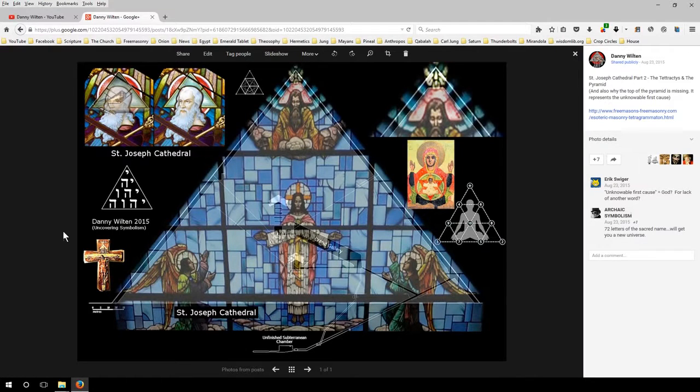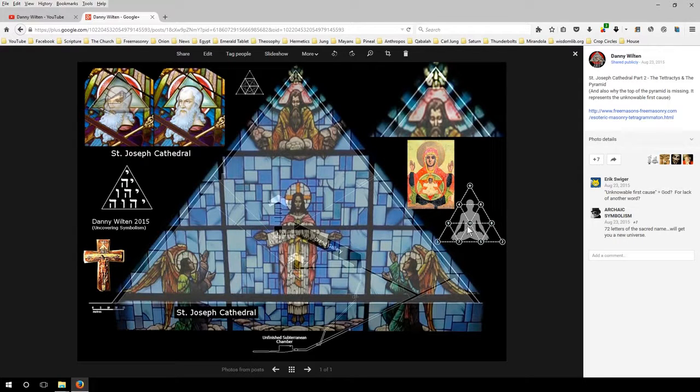Joseph Cathedral and what we see right here. And if you can see, the Queen's Chamber is located where his groin is. This is where the heart is. And then you have God the Father way up here. The reason I'm showing the tetractys is because the tetractys is another version of the tree of life. It's kind of compressed together. And this is the tetragrammaton showing the same kind of thing as a